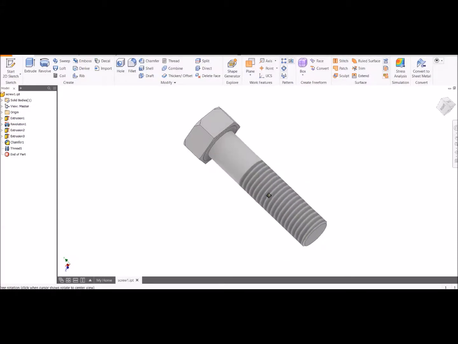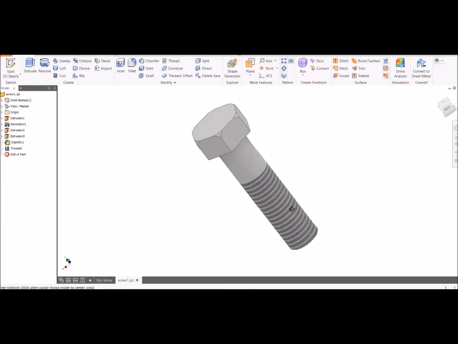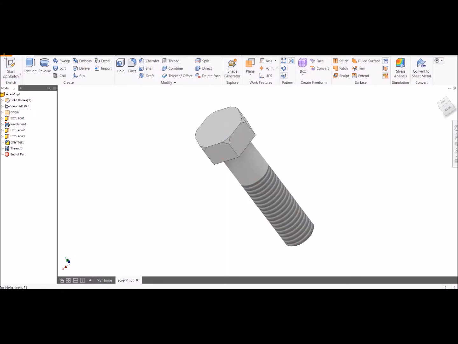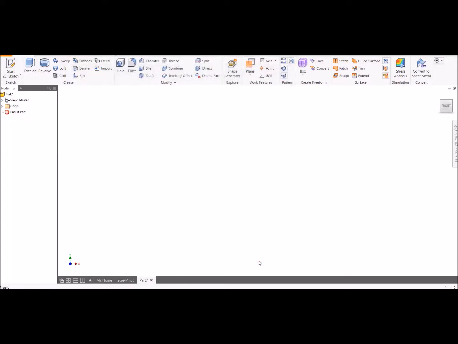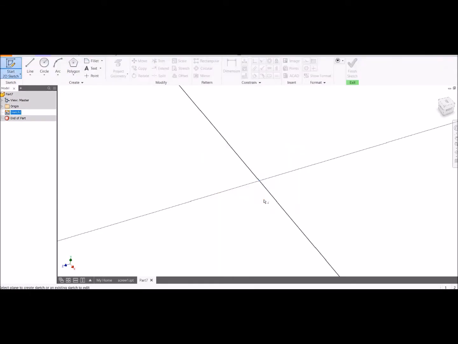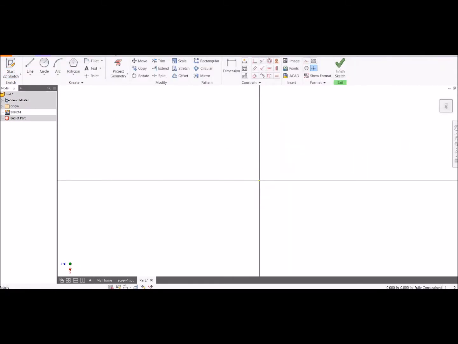So let's go ahead and make just a quick threaded fastener. This isn't going to be using the helix command. Inventor actually has a little library with all of the different thread types in it. Okay, so starting out with just a basic inches template, and we'll go ahead and make, I don't know, maybe